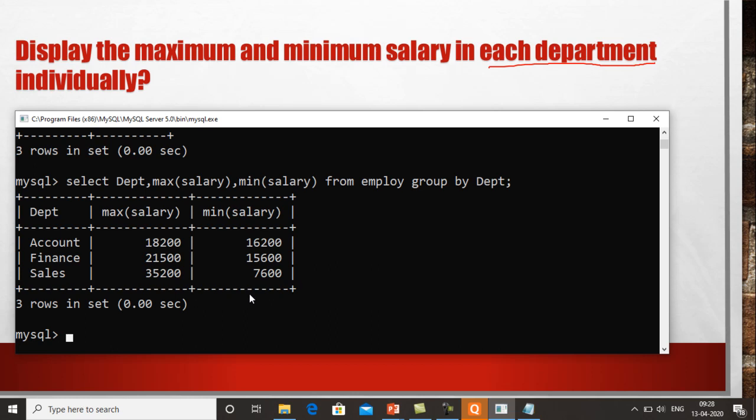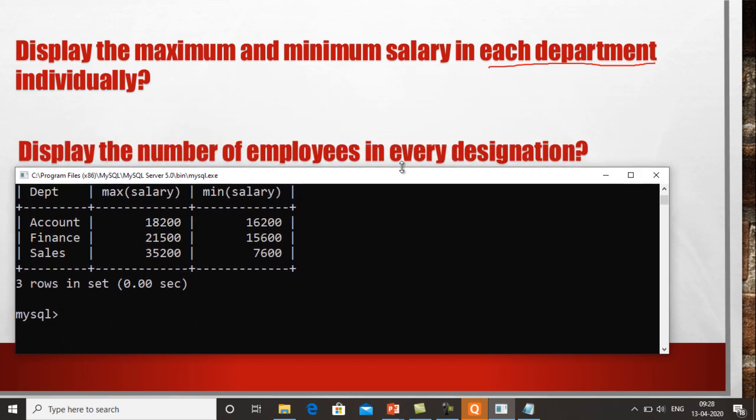So let's move on to the second question. Now the second question is: display the number of employees in every designation. Designation is basically the post. So we want the number of employees in each post. It means we want to see how many managers are there, how many officers are there, and how many clerks are there. So what we will do, select.